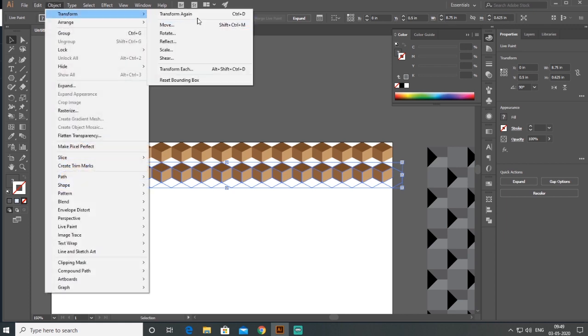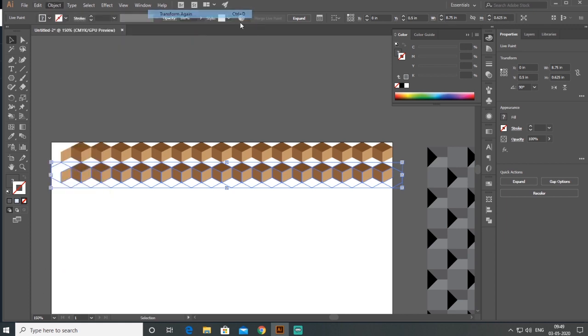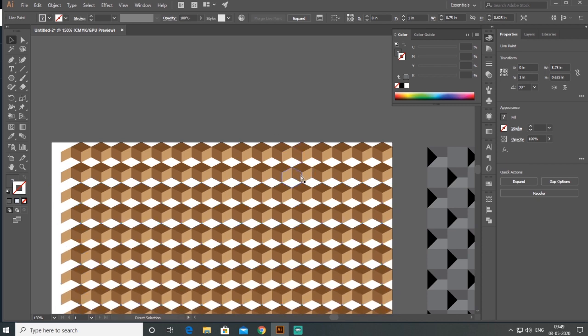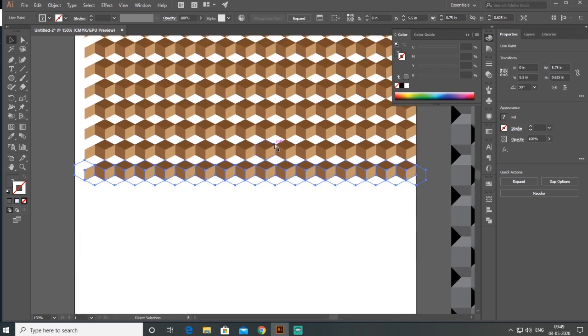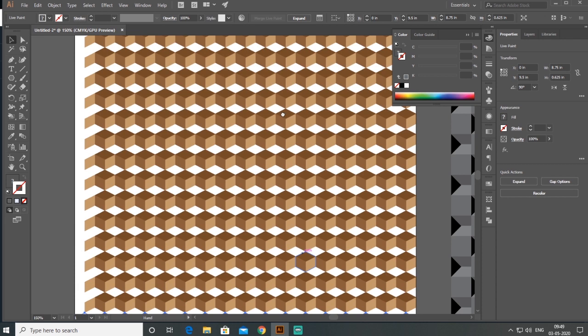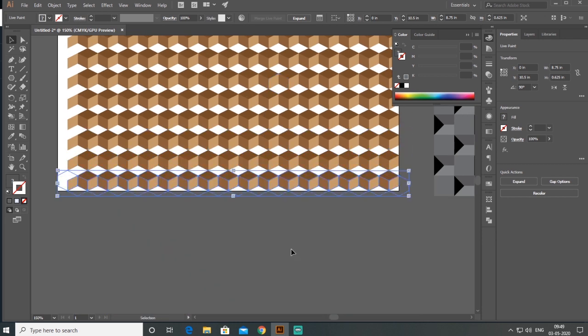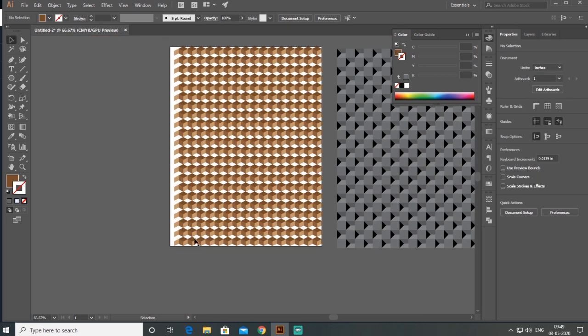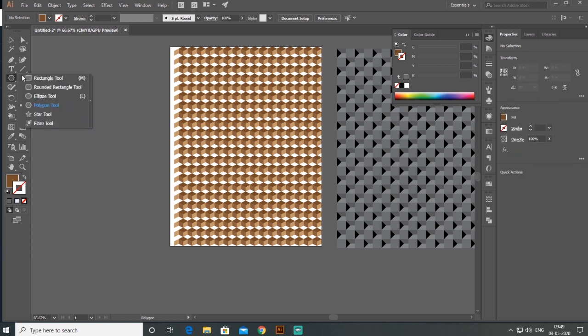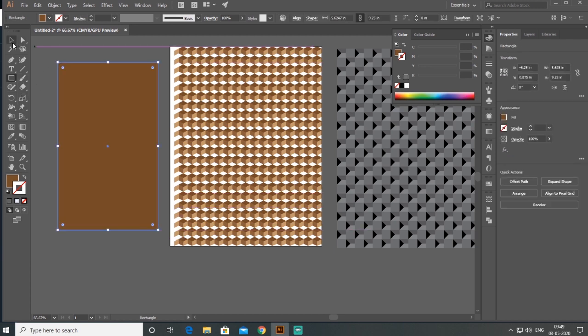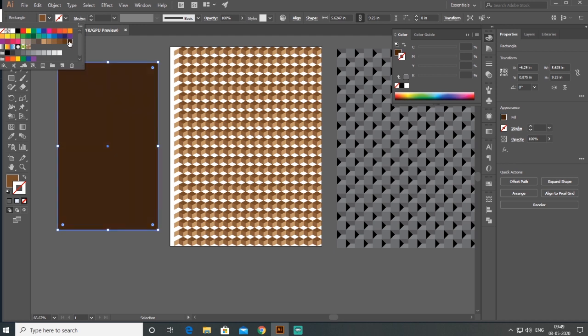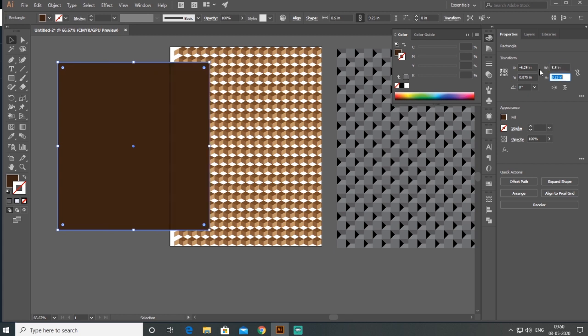Then Object, Transform Again, which means Ctrl plus D. Now I make another rectangle in a darker color, with width 8.5 and height 11 inches, and x 0, y 0.